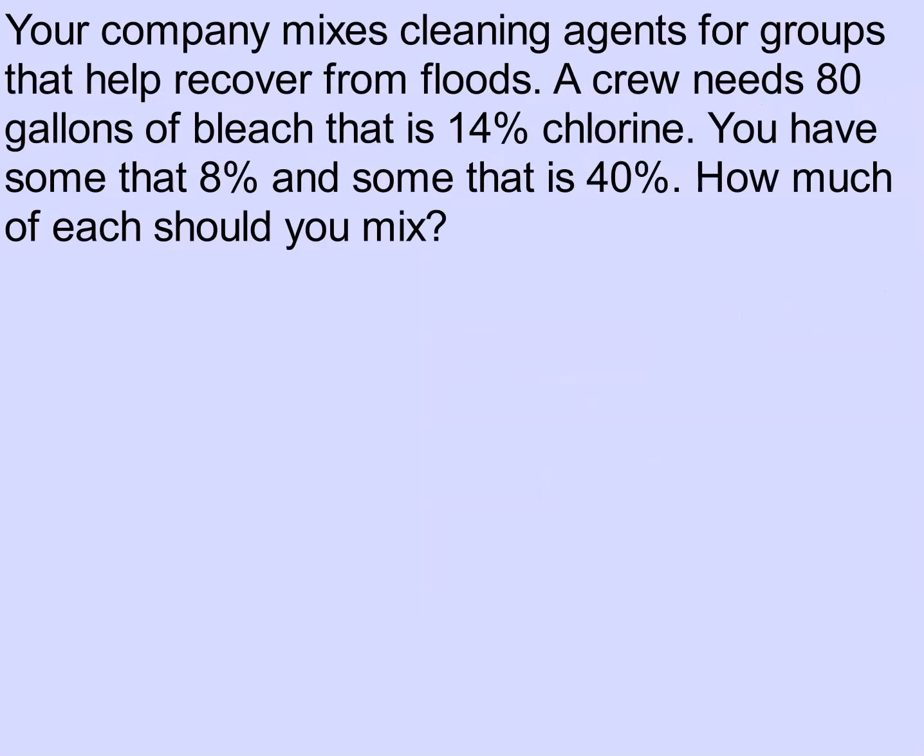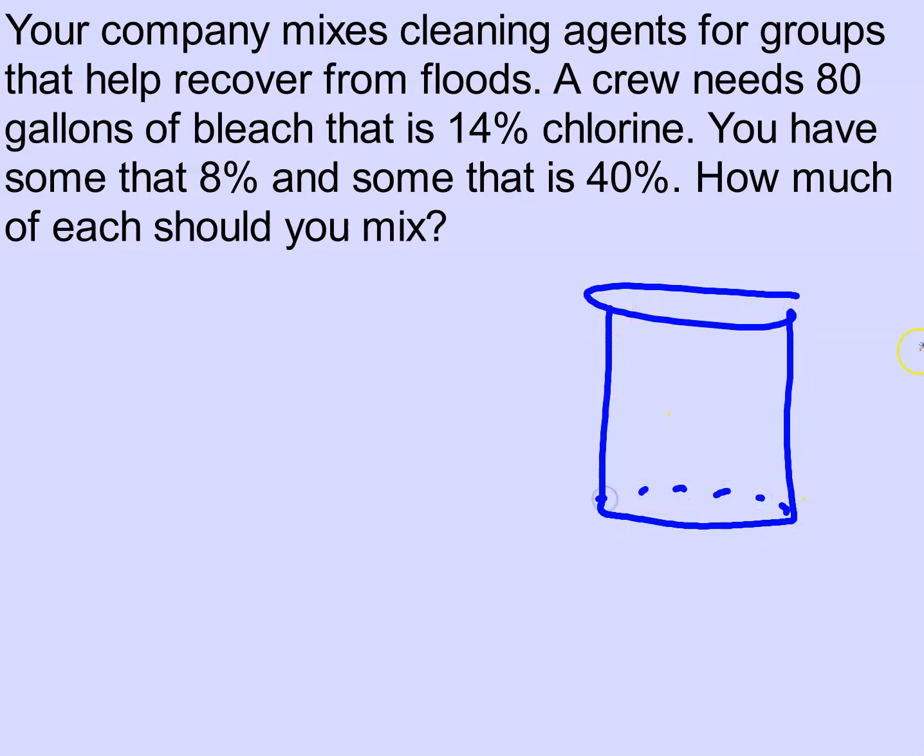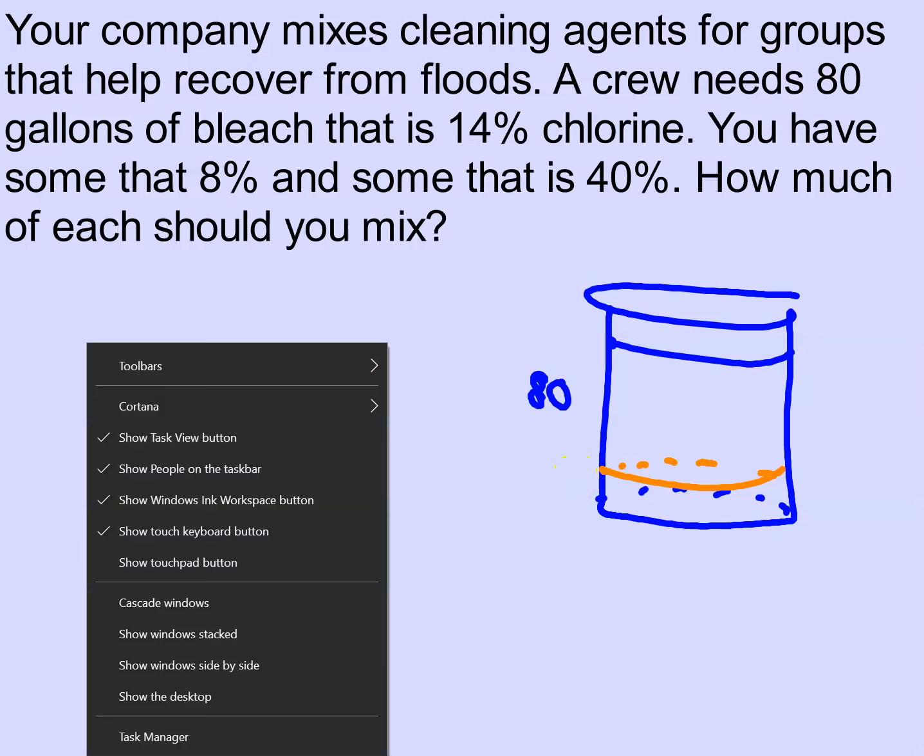So you've got a company here that mixes cleaning agents for groups that help recover from floods. A crew needs 80 gallons of bleach that's 14% chlorine. So you've got some amount that you need over here, and it's 80 gallons worth of mixture. Like if this is the water level up here, here's the level right there. Only a certain percentage of it is chlorine. If you can imagine putting all the chlorine down at the bottom, the whole thing is 80 gallons, and there's a certain amount down here,